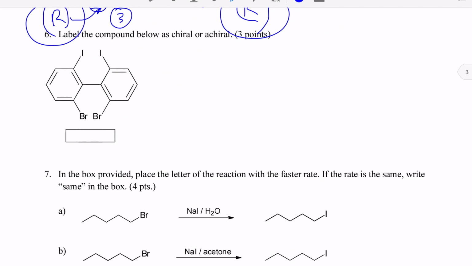For number 6, it asks us to label this compound as either chiral or achiral. So when you look at it, it's very easy again to jump to a quick conclusion. Oh yeah, this is achiral because there's a plane of symmetry running right through the middle. But what you have to remember is that if this molecule was completely flat, you would be right. So none of the atoms were coming out of the plane of